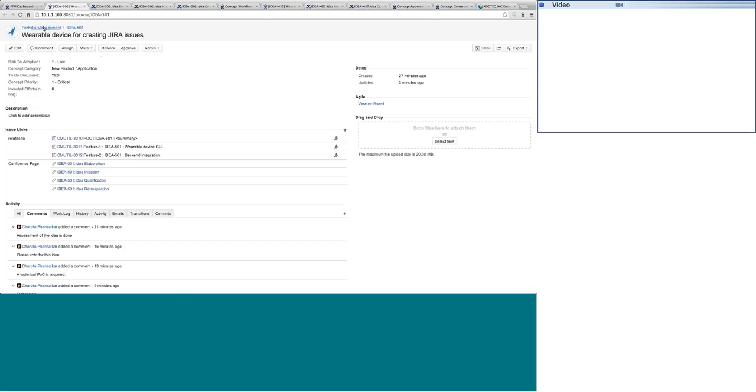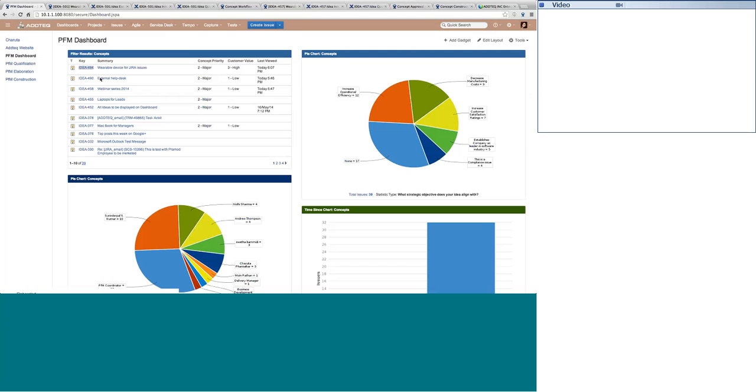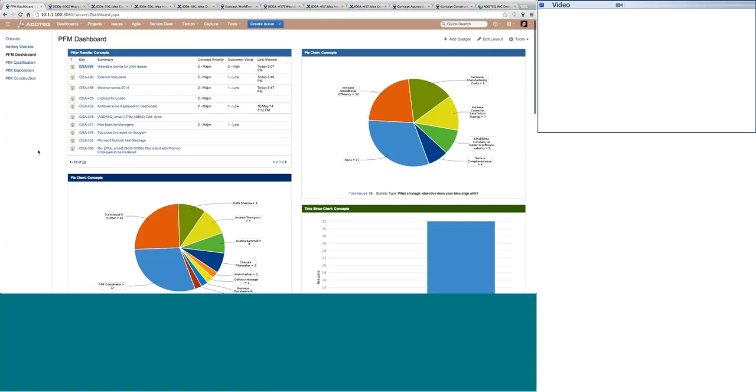So you can simply jump on to the dashboards. The dashboards are giving you the overview of how many ideas are flowing in your organization. Maybe you can categorize them based on the status, or the assignment, or how many of the ideas are aligning with the strategic objectives and which ones, or who is looking after this idea, or how many marketing initiatives are in pending status or closed, or under construction.